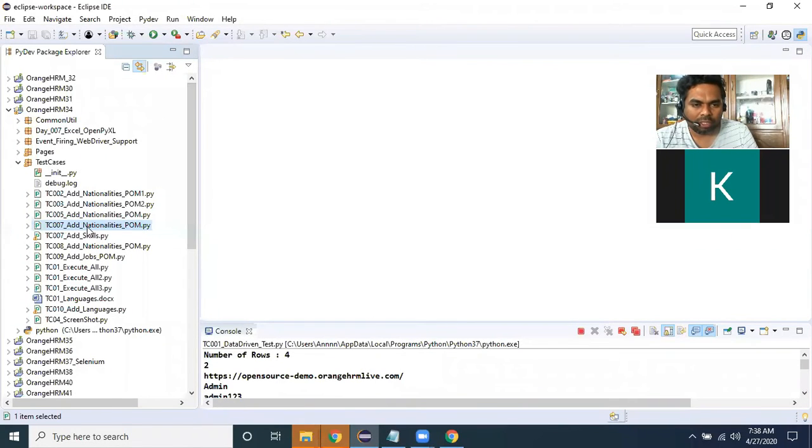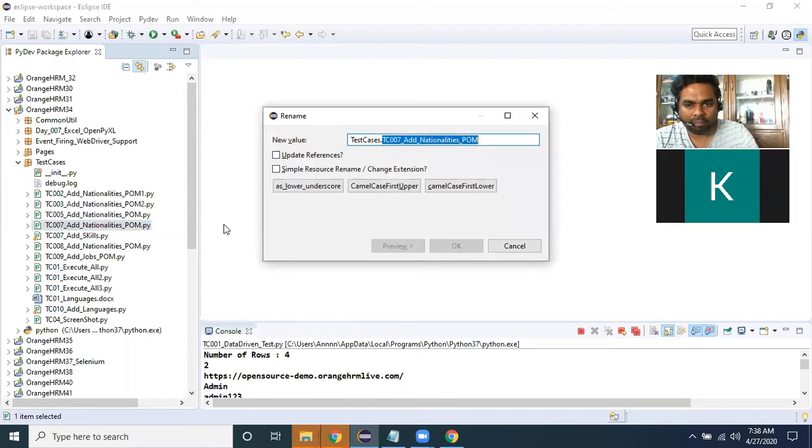So I want to execute this TC07 and this TC08 as a batch file. How to integrate a set of test cases? That part we have to know. So I'm selecting this file name, Control C,